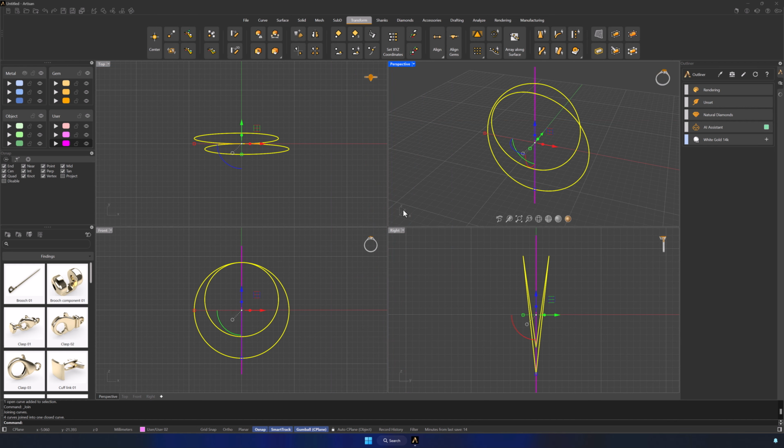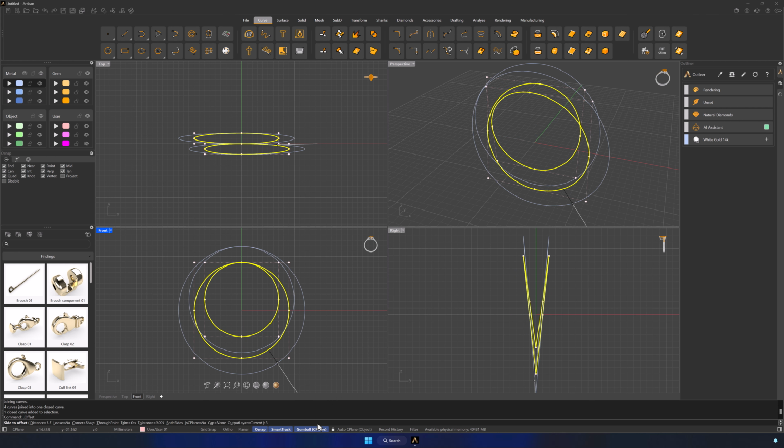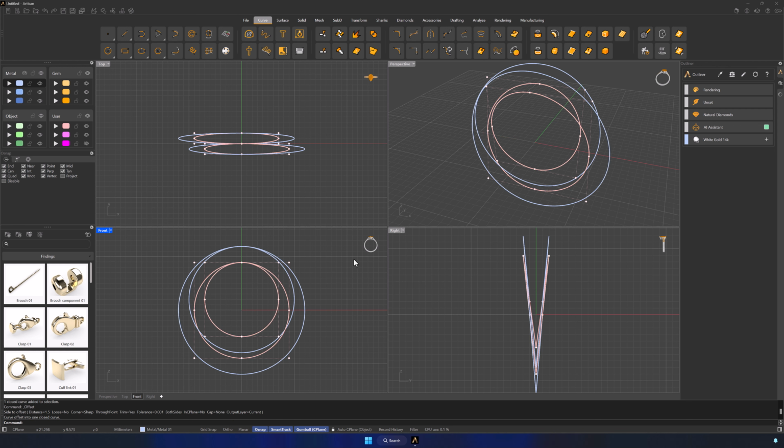Now, keeping the curve selected, I'll move it to a different user layer. I'll also set a metal layer as the working layer. This way, we can hide user layer 3 to remove anything unnecessary from view. Now that our viewport is tidy, we'll select the curve and use the front view. Go to the Curve tab, and with the curve still selected, use the Offset command. From the front view, type 3 in the command bar to create an offset curve 3 millimeters away, and simply